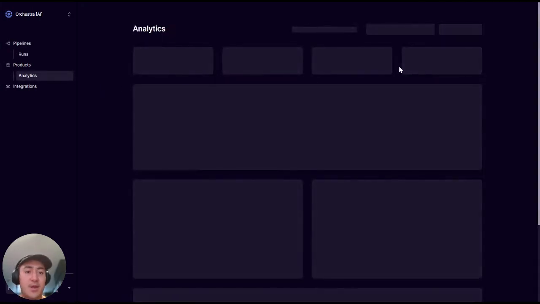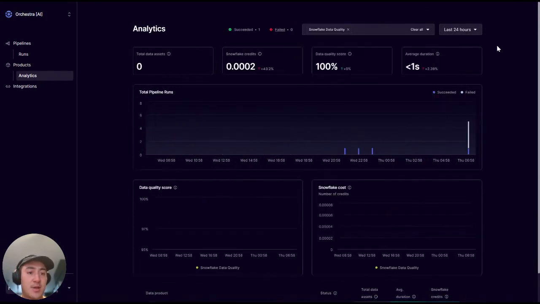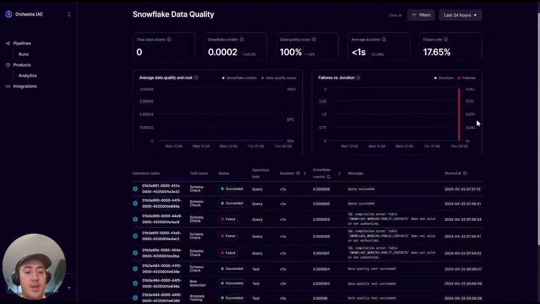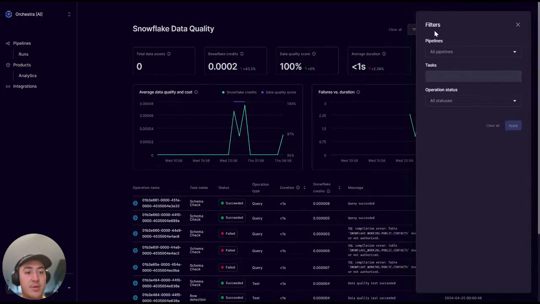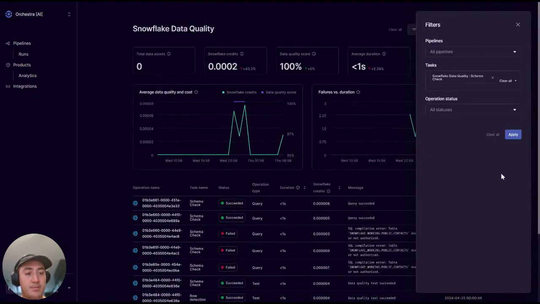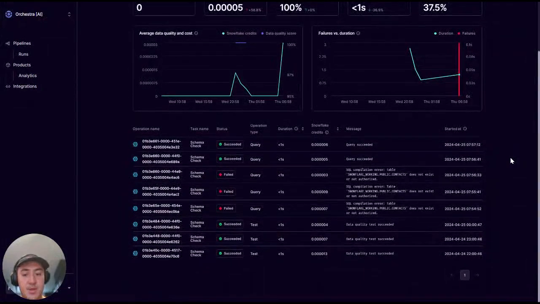Don't forget, if you want to monitor all of these, you can do that too. So in this case, I can dive into this Snowflake data quality product. I can see the runs, I can see the quality score, I can see the cost. And then I can also see how these tasks evolve over time, which is also super cool. So yeah, this is our